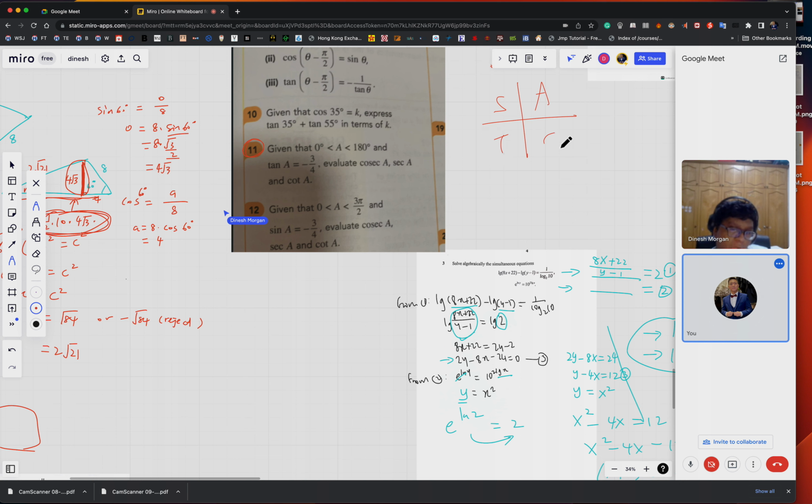All Science Teachers Are Cool. Then they say the A is in the 0 to 180, so it's here, right? So it's in the S region, right? Because it cannot be in the A region because tangent is negative, right? So gone, right? So now,